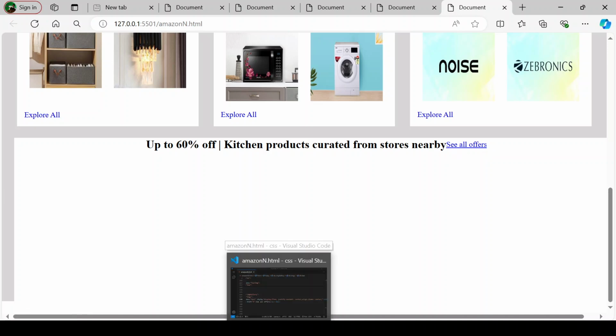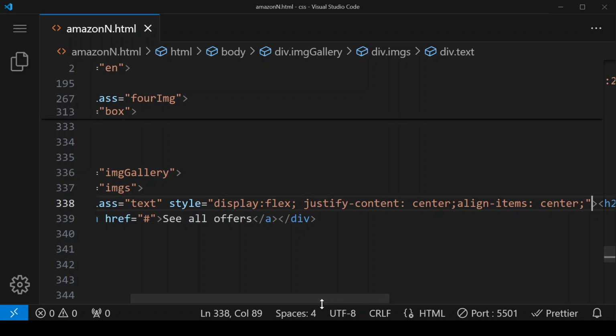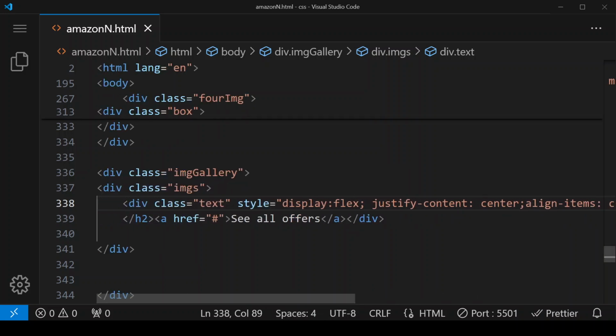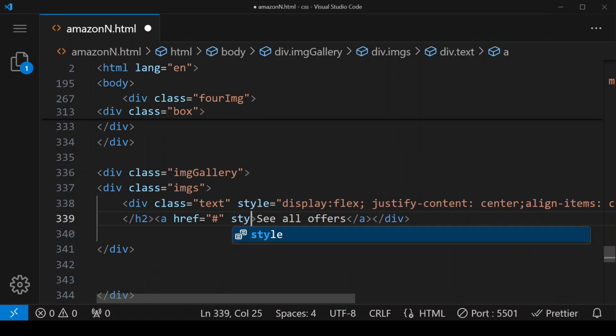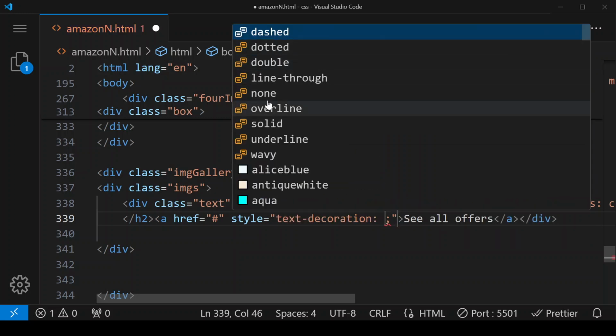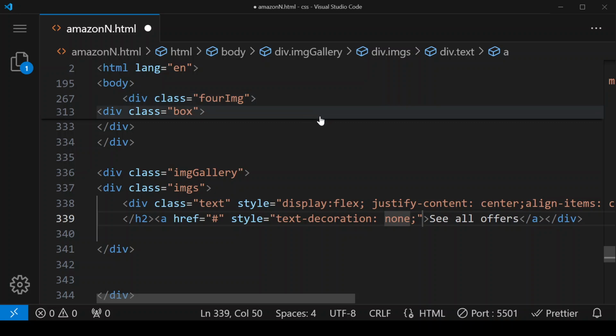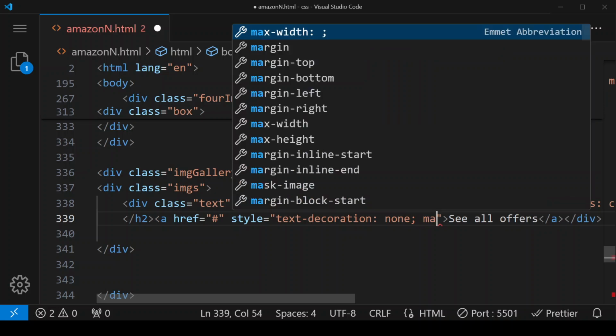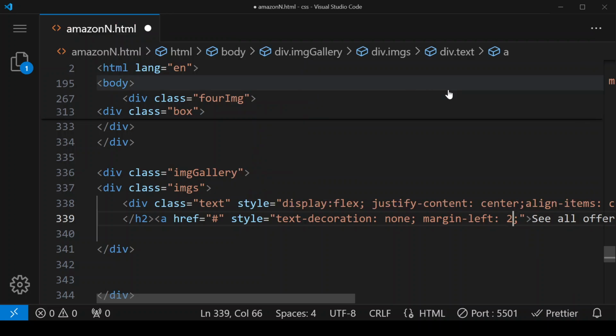So what we can do here is give style equals to text decoration to none, and we need a space between this link and text, so margin left here we are giving is 20 pixel.